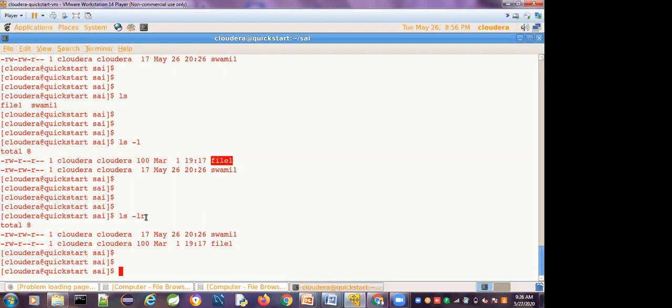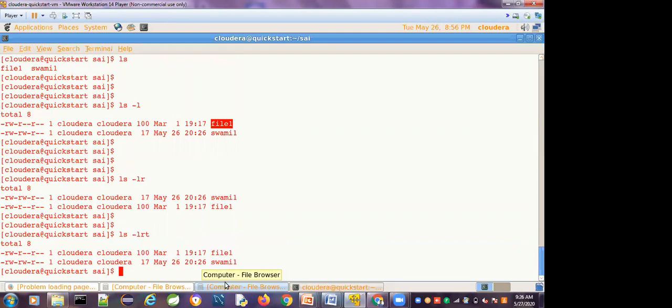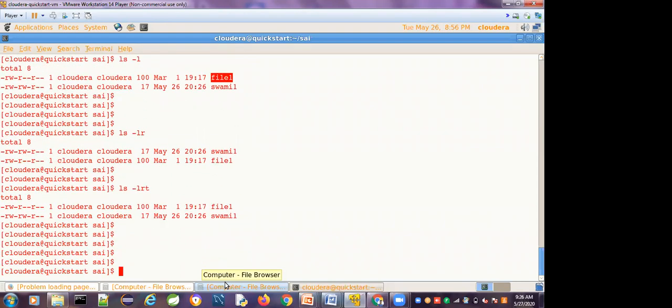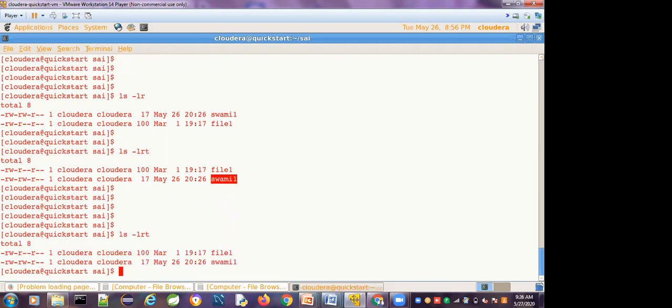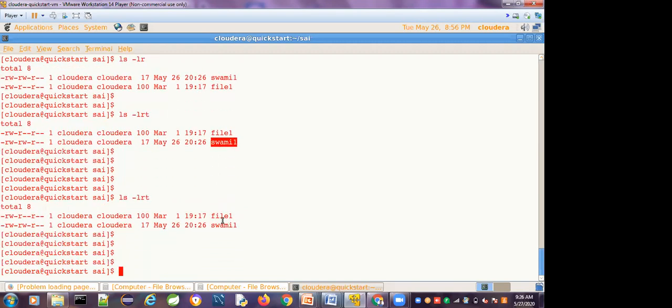When we give r, it is reverse alphabetical order, first S, then F. Suppose I give ls -lrt. t means based on time, in reverse order. 90% of the time we use ls -lrt. So with lrt the last one is Swami1. It lists the files and directories in reverse order.